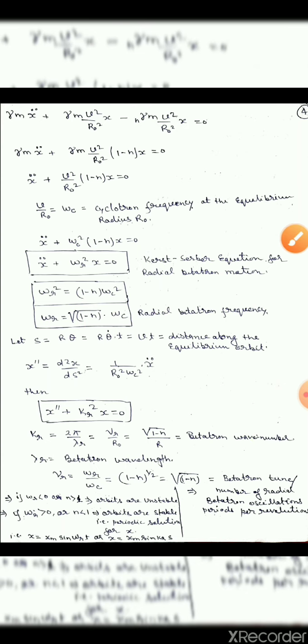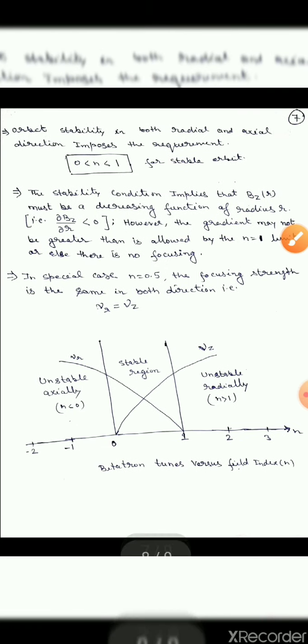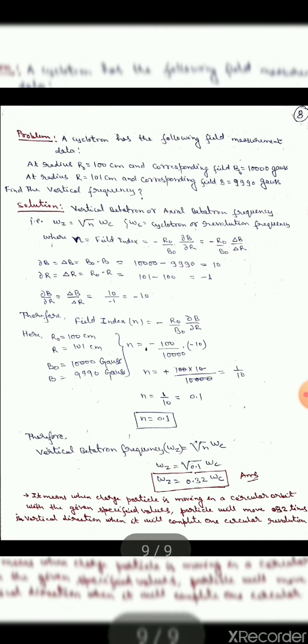For doing that, obviously if you measure the field parameters, the field measurement will be different. So the problem will be given, and a question will be asked in a different way. In that measurement, the r0 and r values will be different, and the B0 and B values will be different. So it will be given in such a way that n should be less than 1. Here n is basically 0.1, and it is less than 1. So then we can find out.